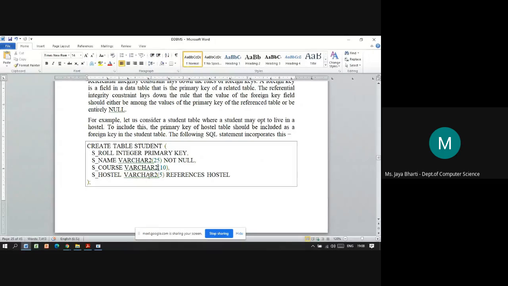varchar2, 5. Now here, using the keyword references, we actually connect the tables. So s underscore hostel is the field which is connected from the hostel table which we created earlier. This way they have created the primary key foreign key relationship, or you can say the referential integrity constraint.